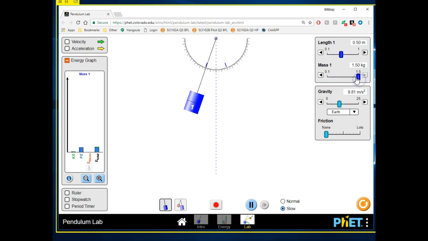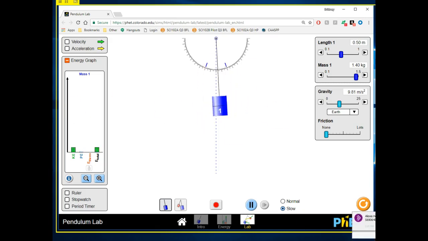Do you guys see it getting from smaller to bigger? Awesome. Okay, so you guys can see that it's getting smaller and bigger. Now, is it actually changing the speed of the pendulum here? Is the pendulum suddenly getting faster or slower as I change this, or is it staying the same? Yeah, it's staying exactly the same. So even though I'm changing the mass here, the pendulum's motion stays exactly the same.